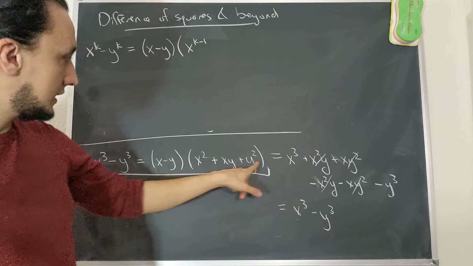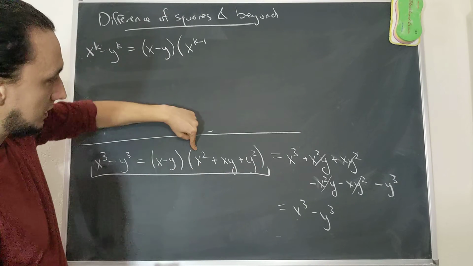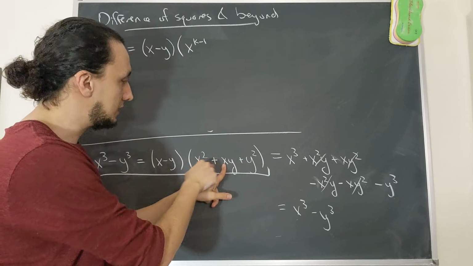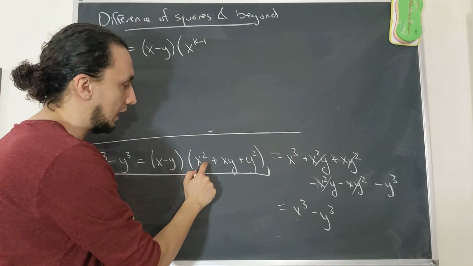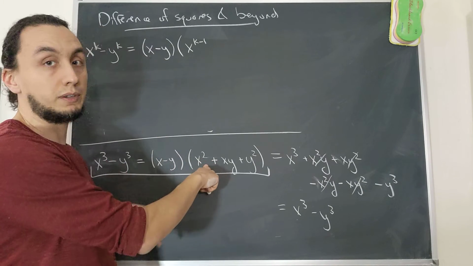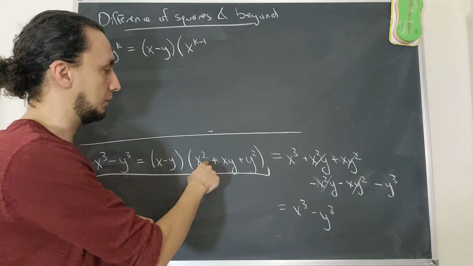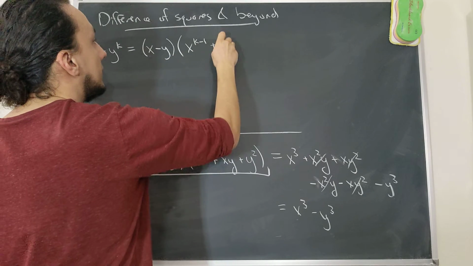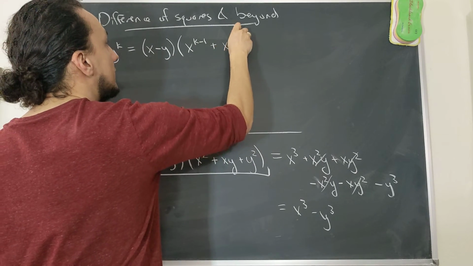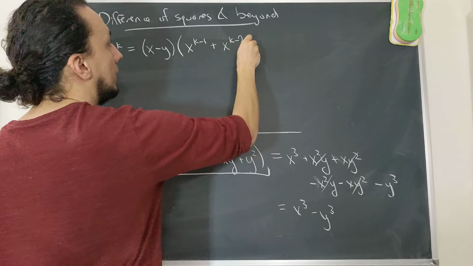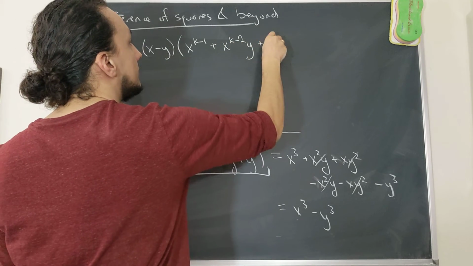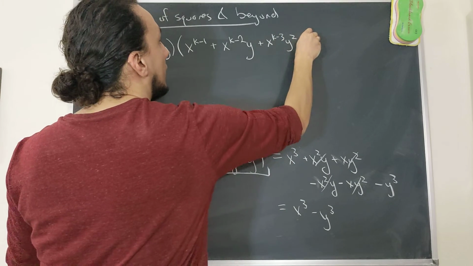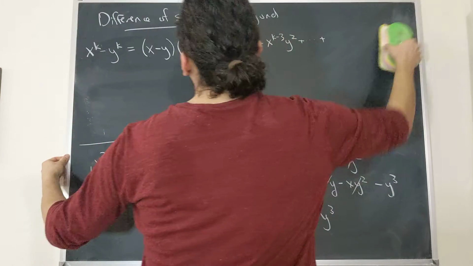And then if I look at this pattern down here, what happened when I went from here to here is I lowered the exponent of x by 1, and I increased the exponent of y by 1. You can think of y as being here with an exponent of 0, because y to the 0 is 1. So I can follow that same pattern up here. I can say plus x to the k minus 2, lower the exponent by 1, y, plus x to the k minus 3, y squared. And continue that pattern all the way